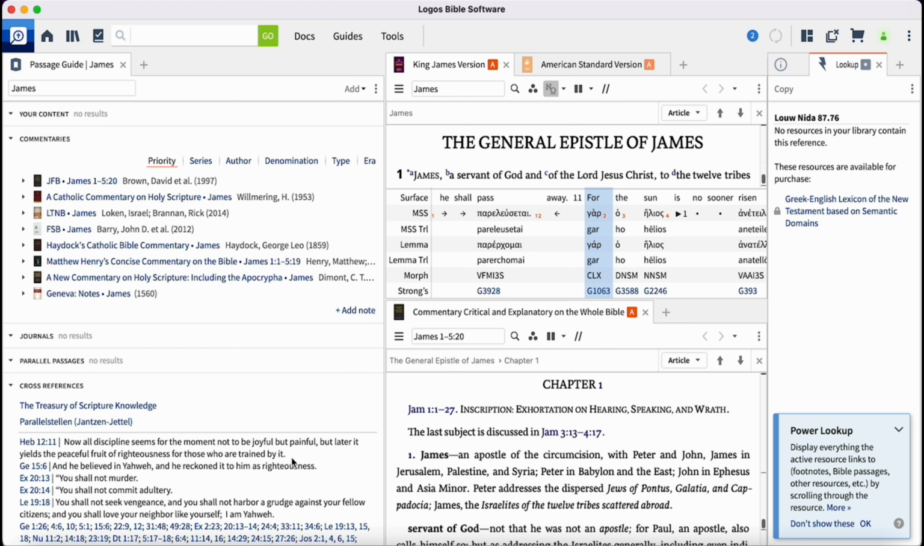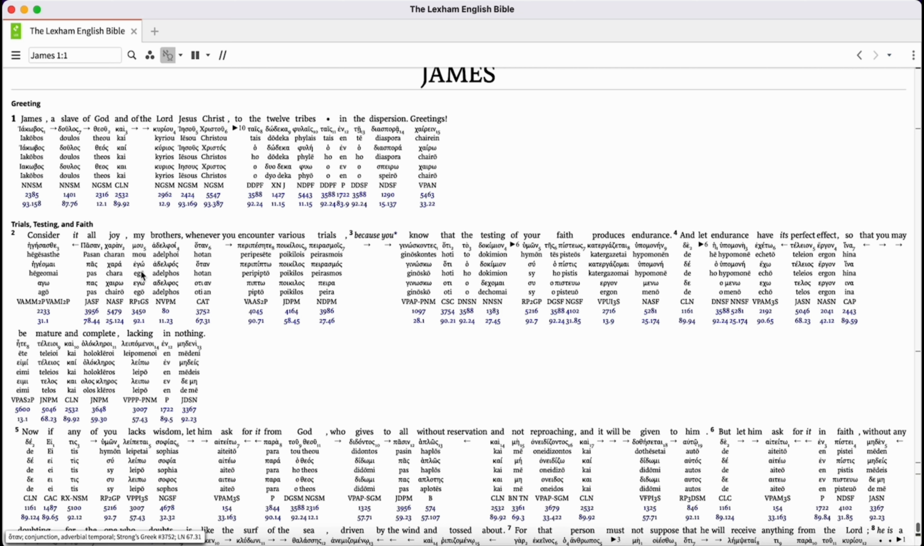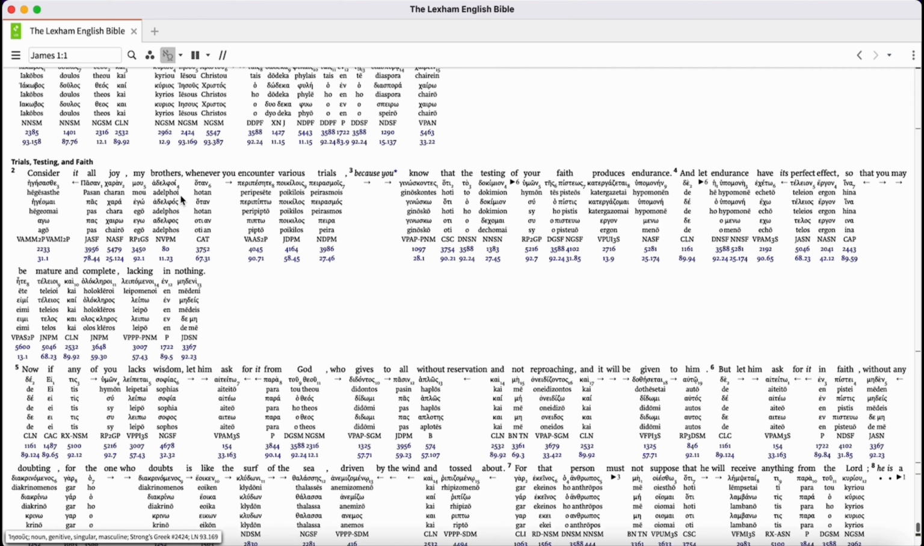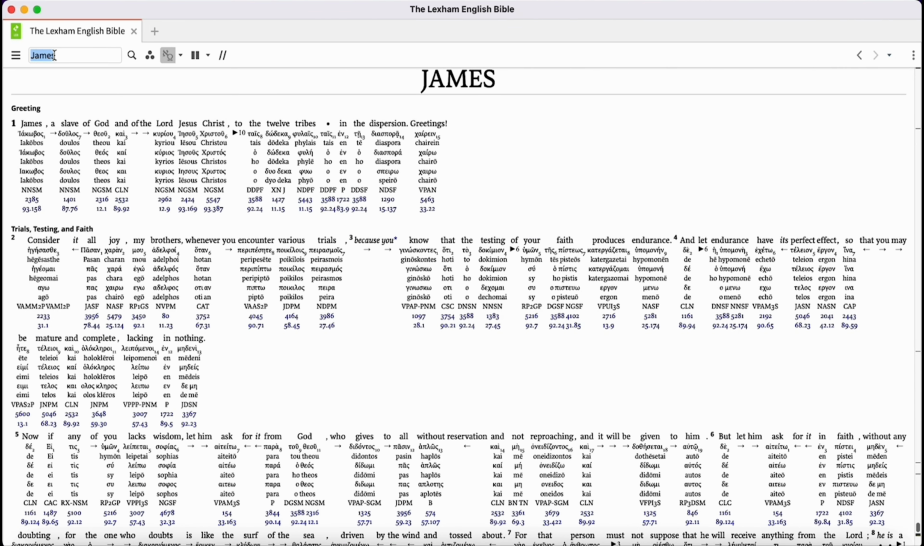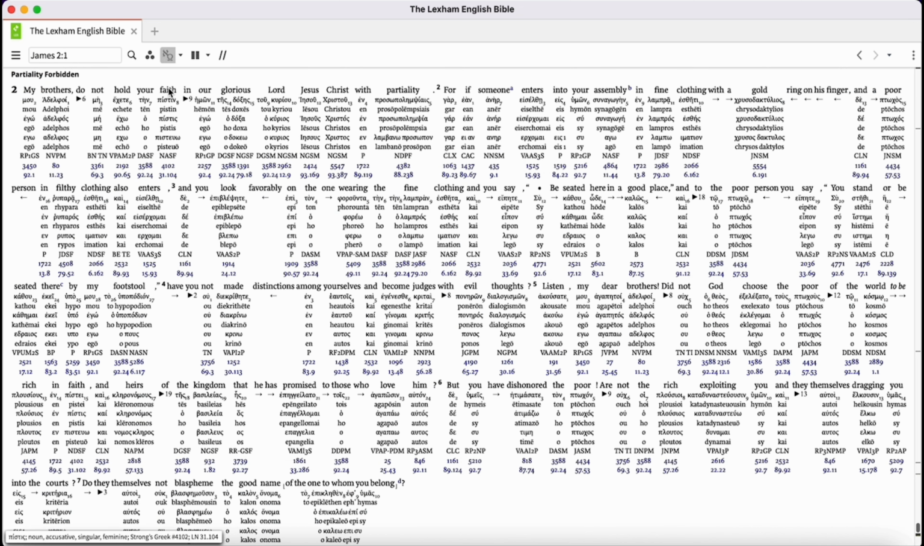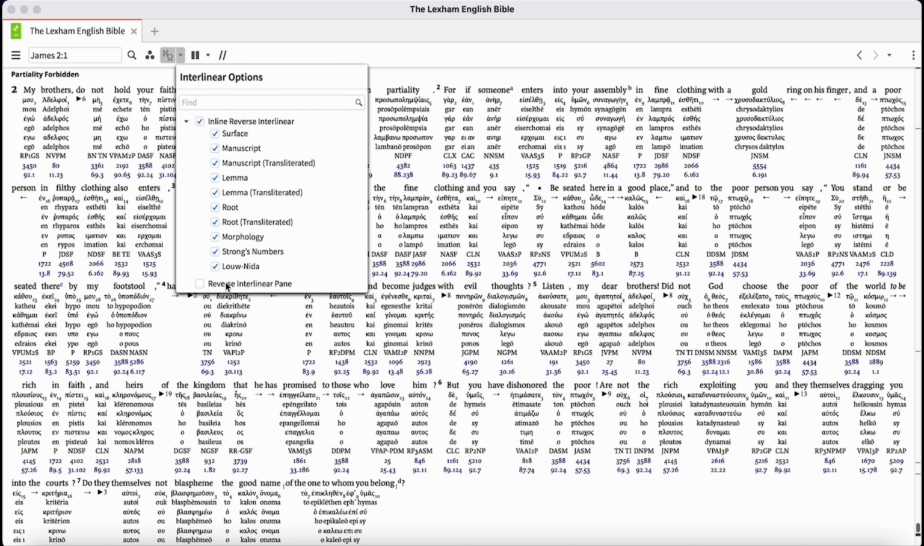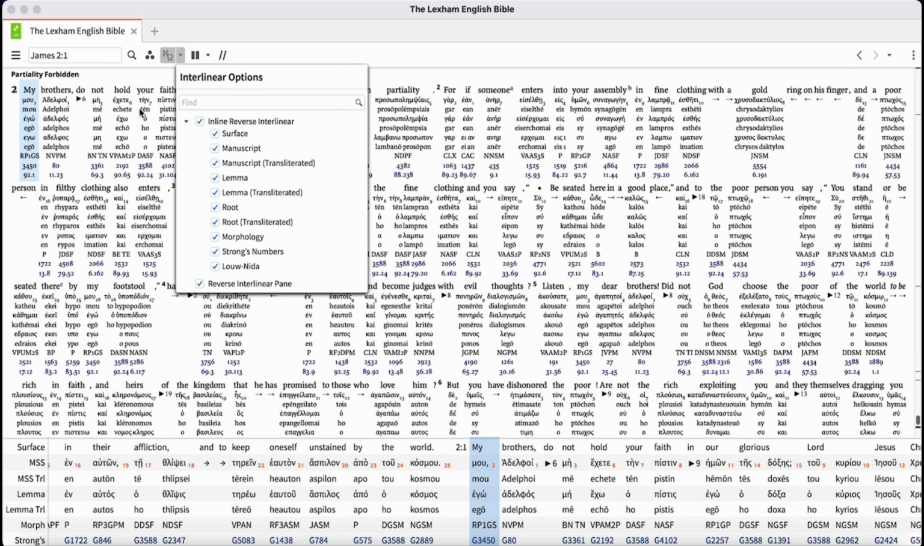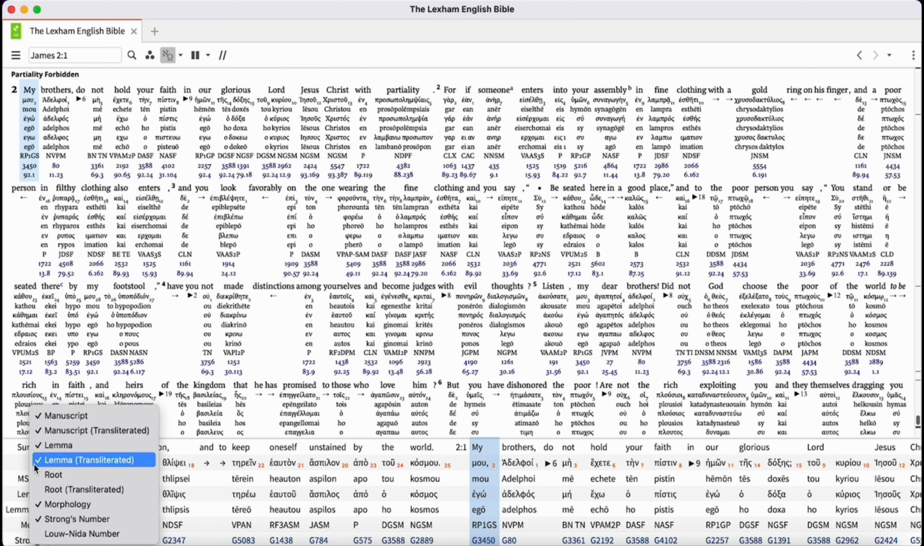But the fact that you get the Louw-Nida number, okay, I didn't have that. Let's see if I can get back, because I punched that. I want to get back to the full screen here that I've popped this window out. The fact that you get the number, okay, that to me is telling. So let's go to James 2, which I've got to scroll down. And we're talking about faith here. And I wonder, I guess I can turn the reverse interlinear on too, so we can have a little bit of fun here. Now, reverse interlinear pane, okay,